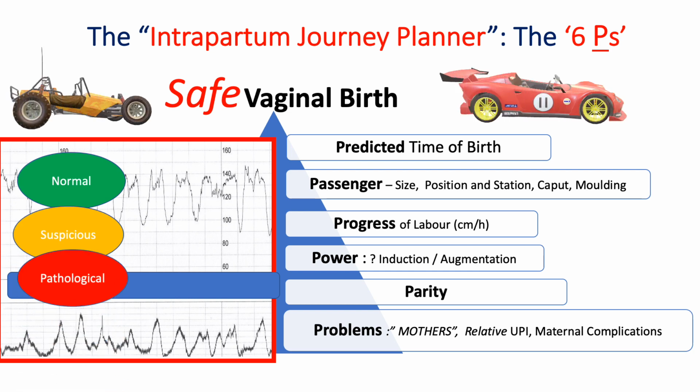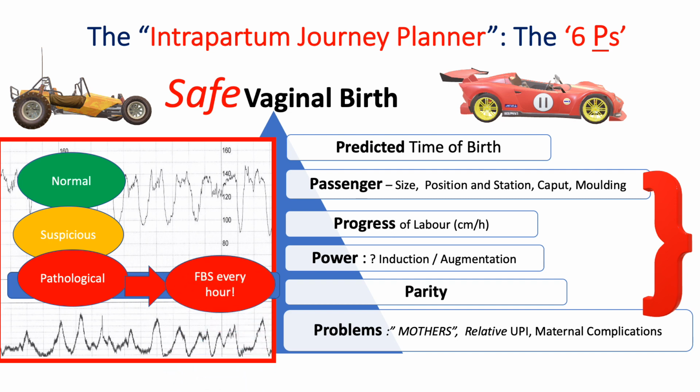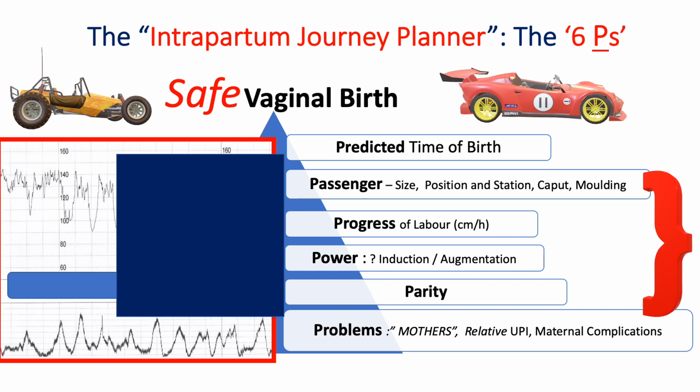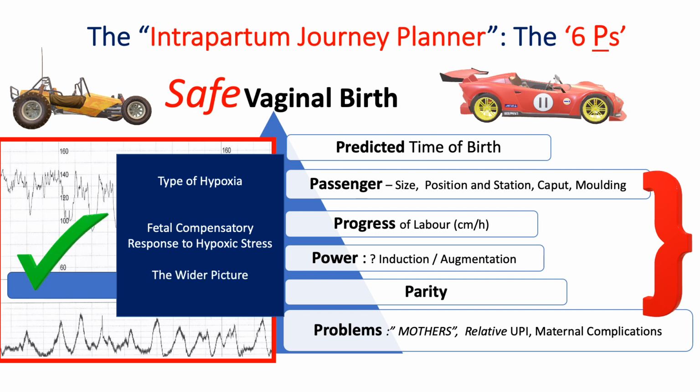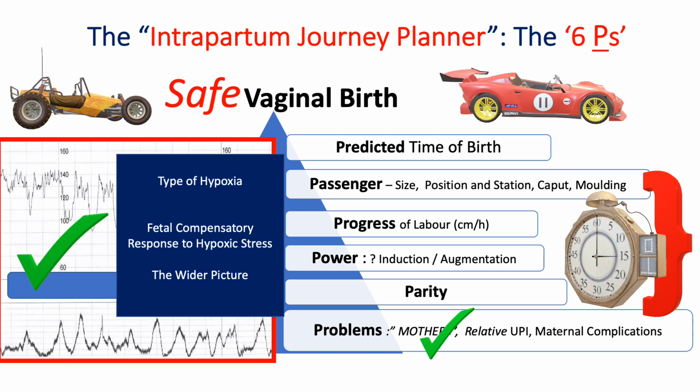Let's take a step back and look at the speed of labor, the wider clinical picture. Let's work out how long do we have to deliver this baby. Let's not cut the skin of the scalp every hour, because that doesn't help. Use of physiological guidelines would tell you the type of hypoxia, how is this fetus at this given time, and what is the wider clinical picture. And based on what we see on the CTG and based on the wider clinical picture, let's work out how long it's going to take to achieve a safe vaginal birth